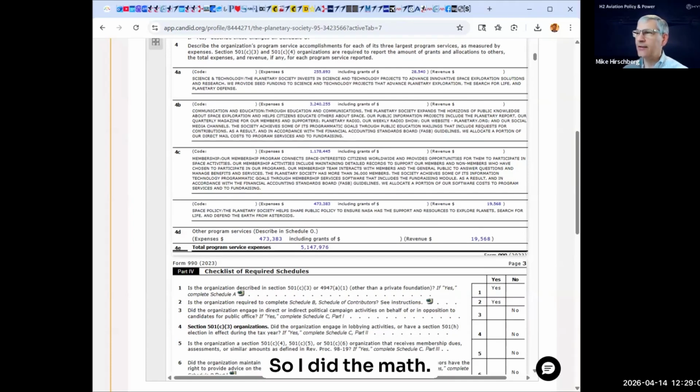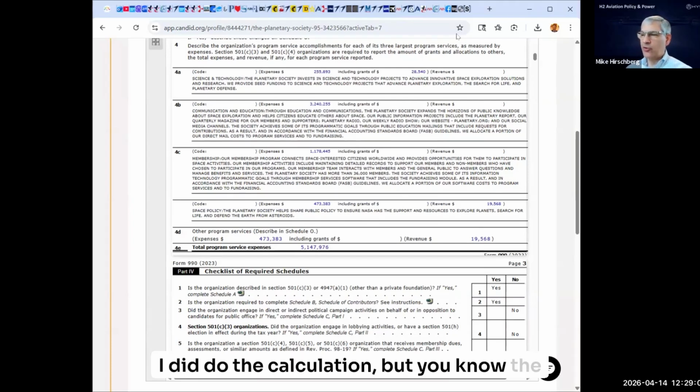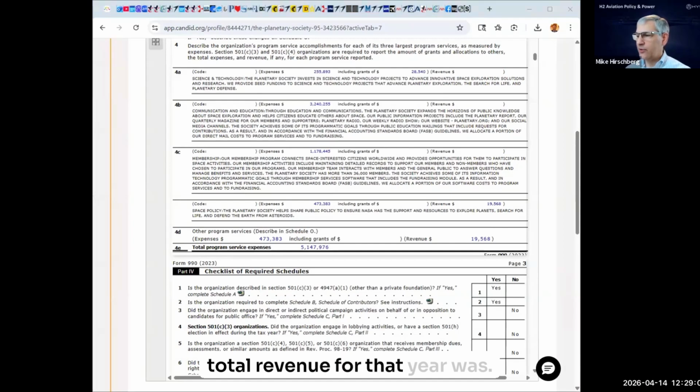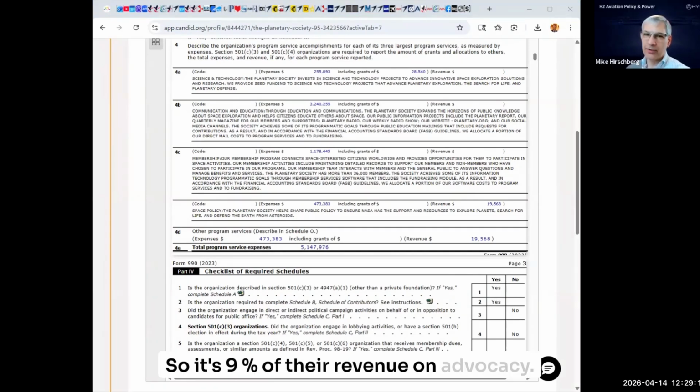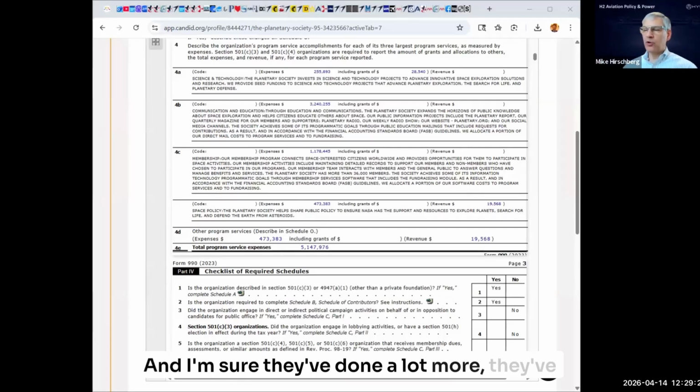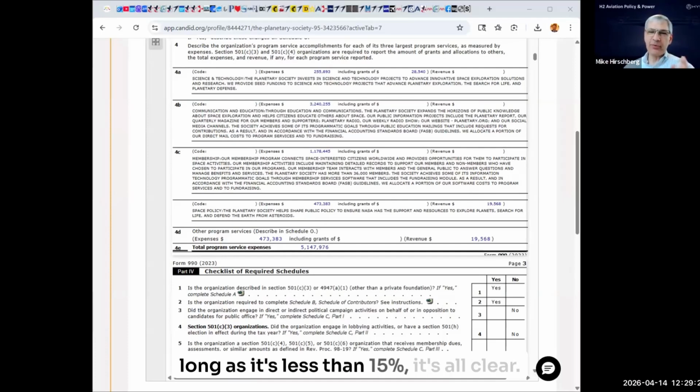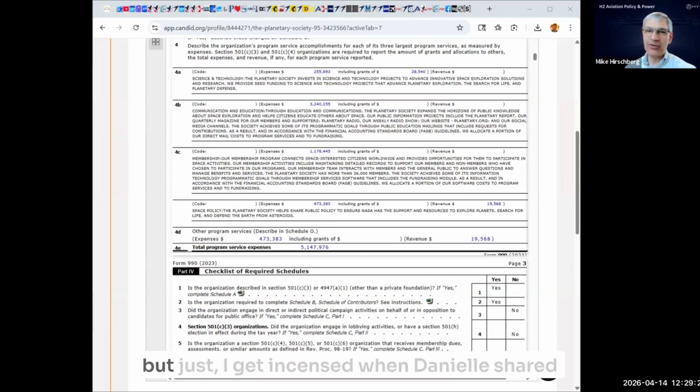So I did the math. I had to do the calculation, but the total revenue for that year was $2 million, of which they spent almost $500,000. So it's 9% of their revenue on advocacy. I'm sure they've done a lot more. I've spent a lot more money on advocacy, but as long as it's less than 15%, it's all clear. So anyway, a little bit of a diatribe there, but I get incensed when